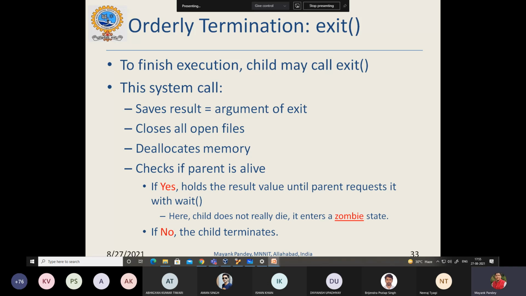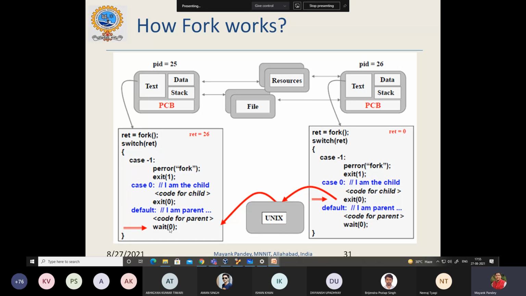If the parent runs first, no problem. The parent is waiting. When the child executes exit, the status will be given to the parent through Unix, obviously through the operating system, because both are system calls, and then the parent can exit. But suppose the parent could not get a chance to execute and the child executes first, the child will issue exit, but holds there. Because exit was done, but the wait that receives the exit has not come yet. Where to give the exit status, that wait has not been executed. So the child will remain